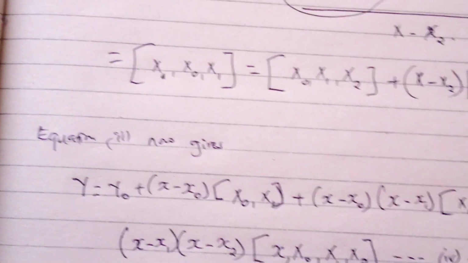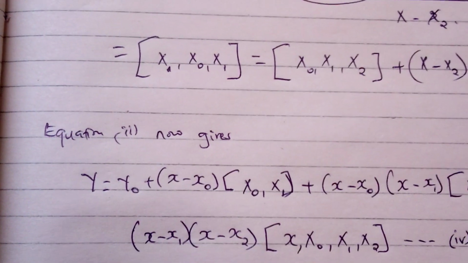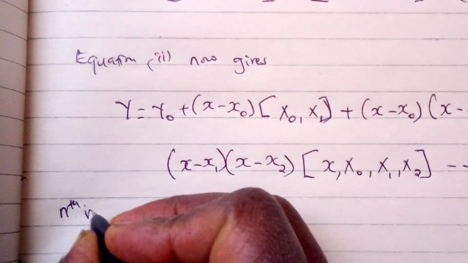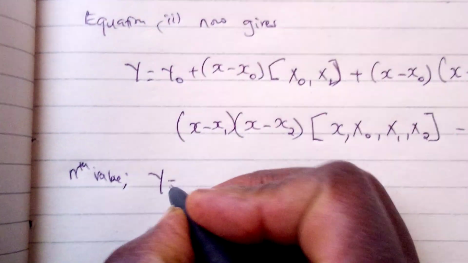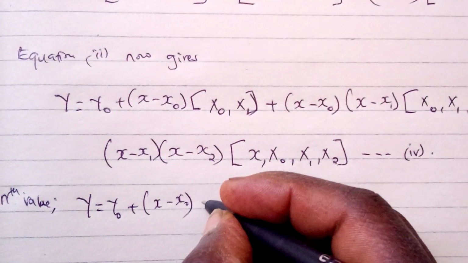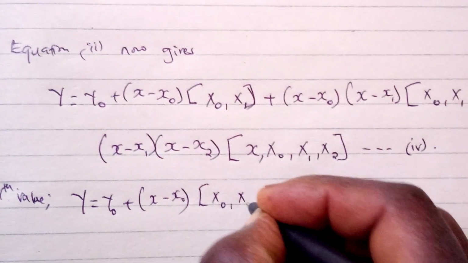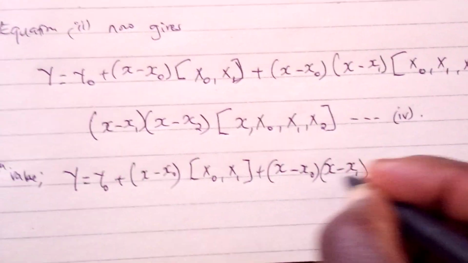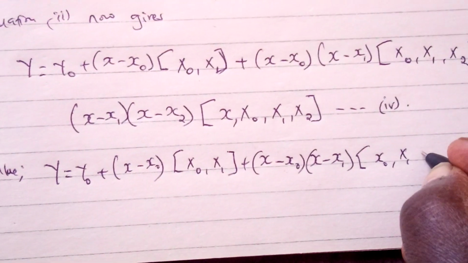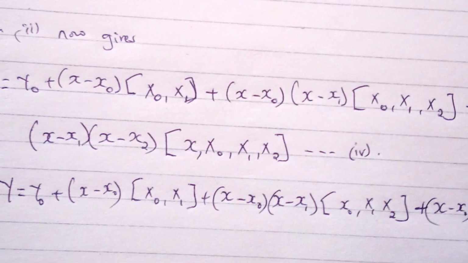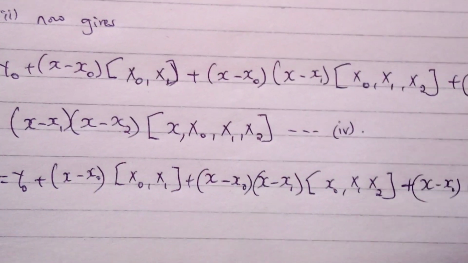So then proceeding all this way, we are going to obtain, to the nth value, this formula, which is y is equal to y naught plus x minus x naught, multiplied by x naught x1, plus x minus x naught, x minus x1 multiplied by x naught x1 x2, plus x minus x naught, x minus x1, x minus x2,